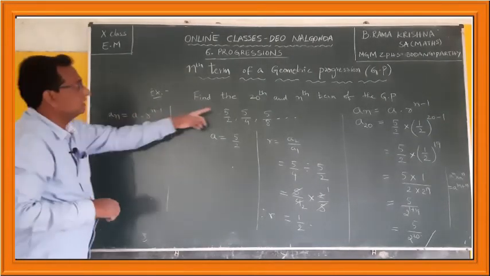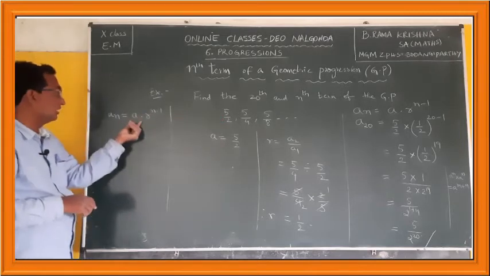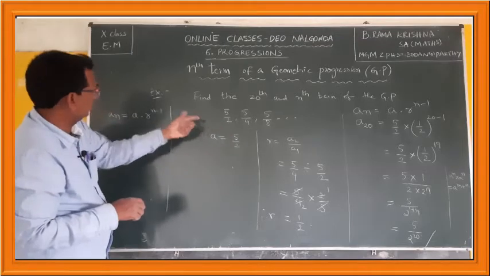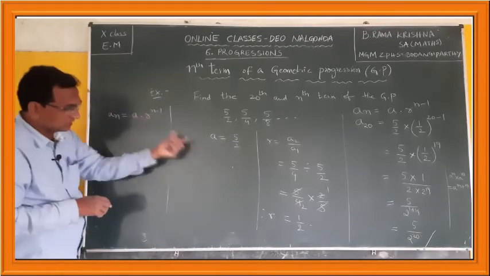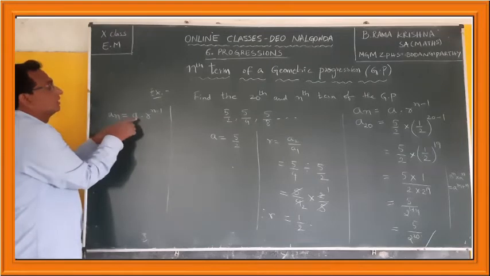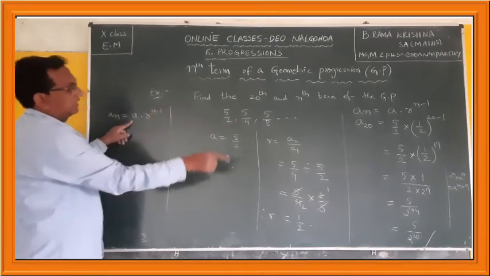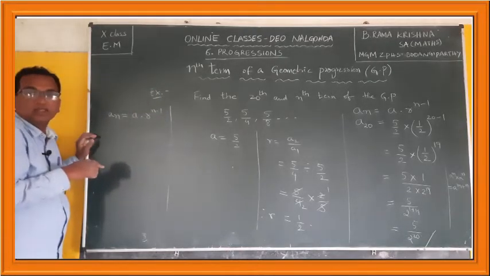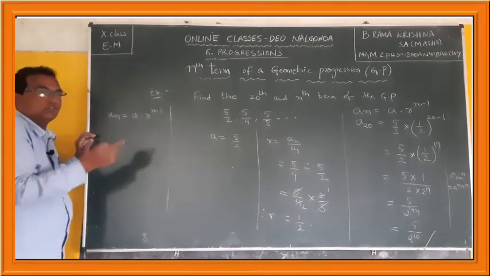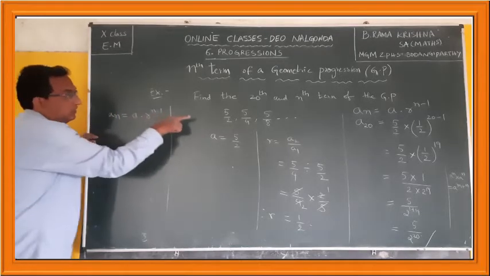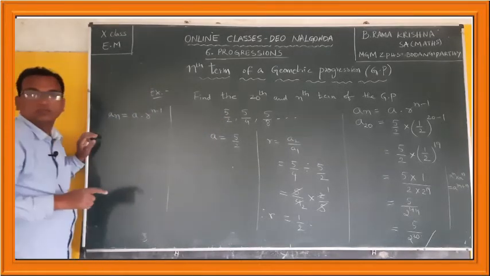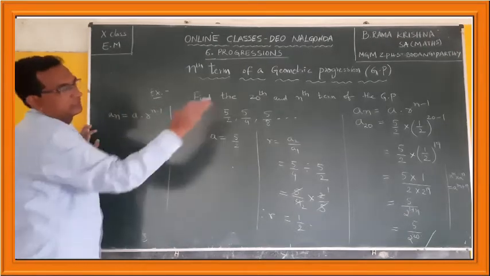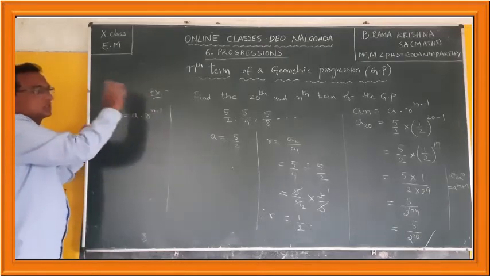No, because here the first term is 5 by 2, and you are not replacing a with 5 by 2. Here n you need not find. Okay, r is how much? 1 by 2. You have to substitute the first term and r in place of these two, then that will become the nth term. And basing on that nth term of this geometric progression, you can write any term very easily. Directly you can find a_20 using the nth term of this geometric progression.